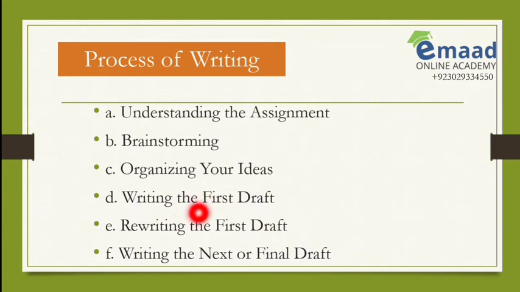This is the final paragraph writing step, the last process of writing a paragraph. In this step, you remove all unnecessary details. You just finalize which sentences you have to add up in your paragraph. You also look for coherence and cohesion. You also look for grammatical, spelling, and punctuation mistakes if there are any. You omit all those mistakes, you correct the errors, and then you write your neat and final draft for your paragraph.